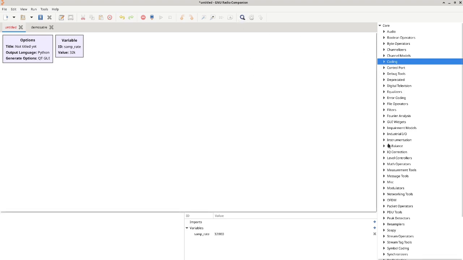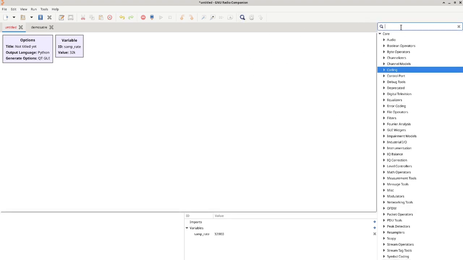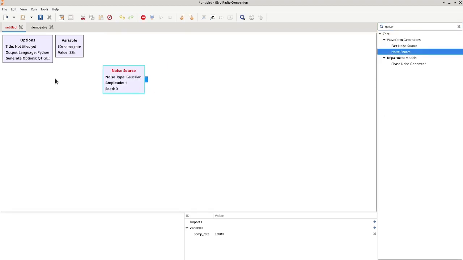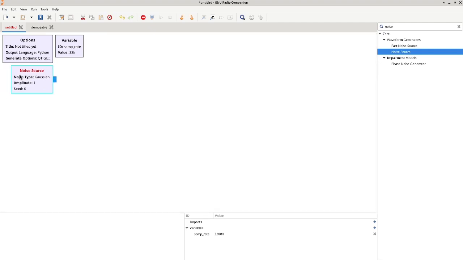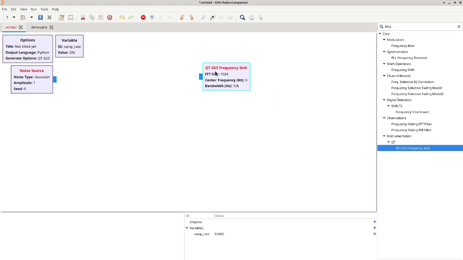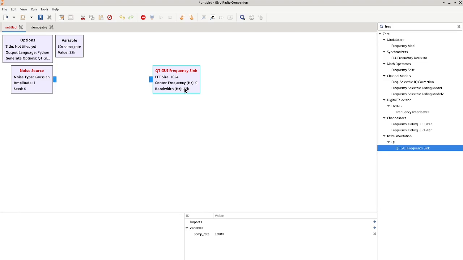By looking at the various blocks, we can actually search for the targeted function. If, for example, we are looking for a noise source, this signal will be our non-repeating pattern. We might want to check the quality of this noise source by displaying a spectrum, which is expressed as a QT GUI frequency sink in GNU Radio, but linking this noise source to the sink will overload the CPU